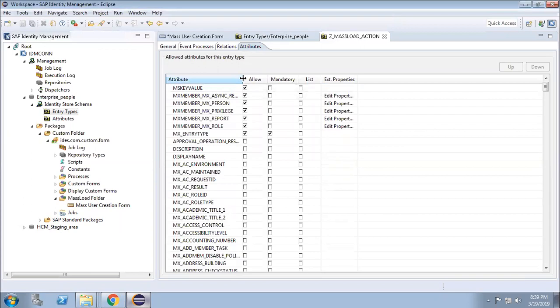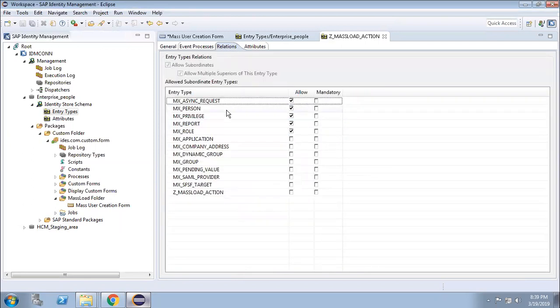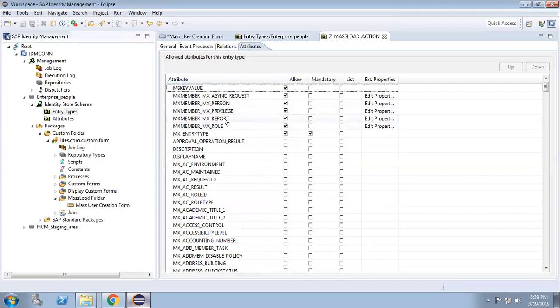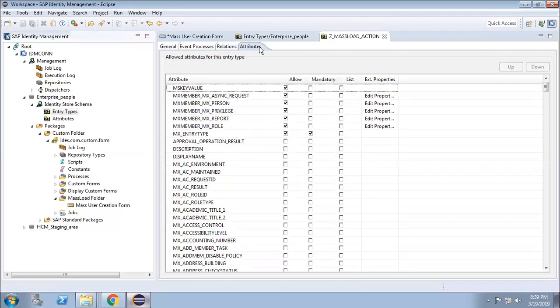Some of the things are already selected: MX member, MX person, because I have given the relationship, so those things come up automatically. I gave MX person as a superior of the Z mass load actions entry type. That is why, if you come to the attribute section, MX person must be a member of this attribute. Are you getting my point?